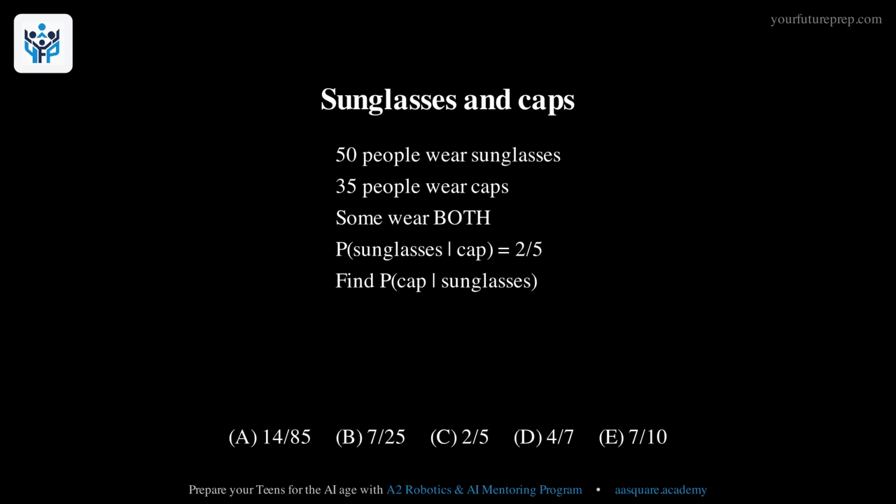On a beach, 50 people are wearing sunglasses and 35 people are wearing caps. Some people are wearing both. If one of the people wearing a cap is selected at random, the probability that this person is also wearing sunglasses is 2/5. If instead someone wearing sunglasses is selected at random, what is the probability that this person is